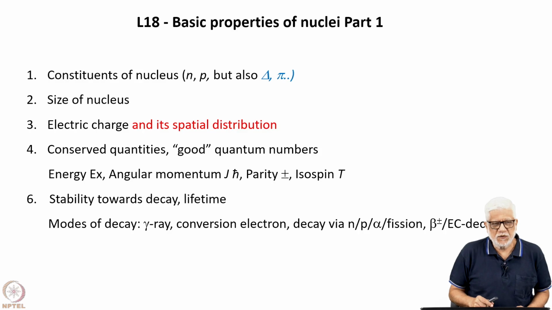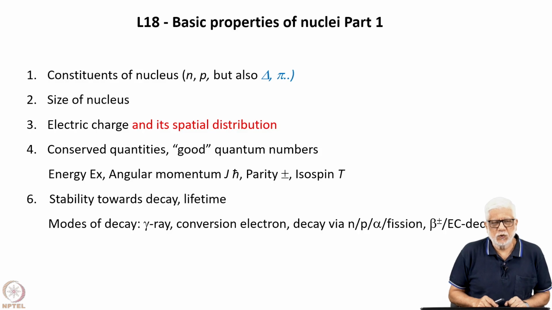Then I will talk about the size of the nucleus and how that is determined. Then the electric charge, and as I said in part 2, I will talk about the spatial distribution of the electric charge in the nucleus. Then we will talk about conserved quantities, so called, which lead to good quantum numbers, namely